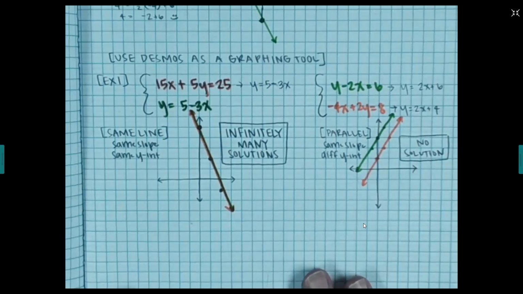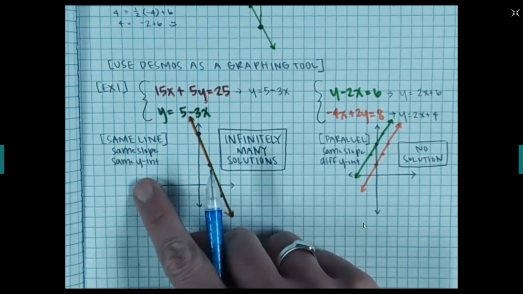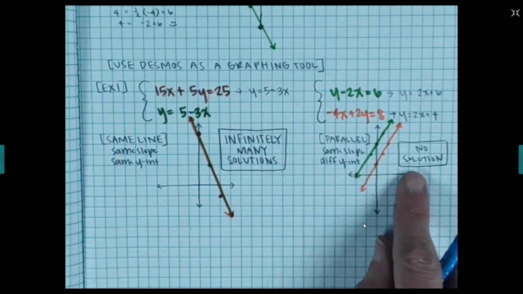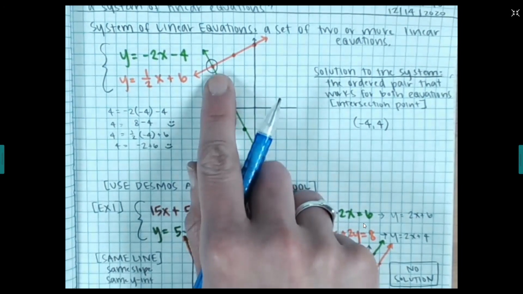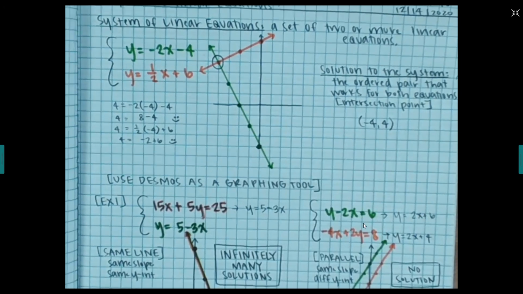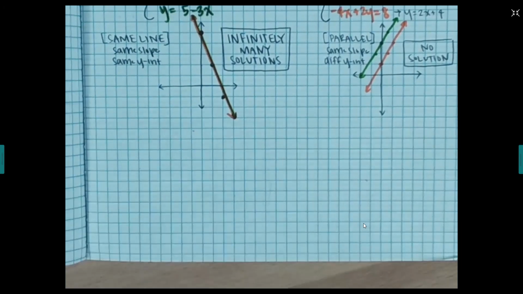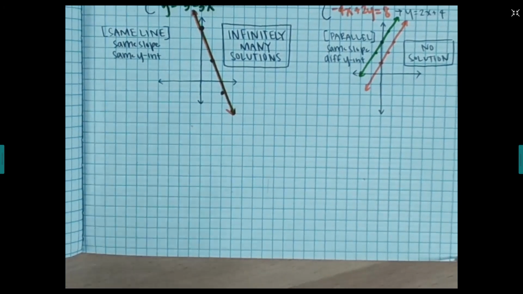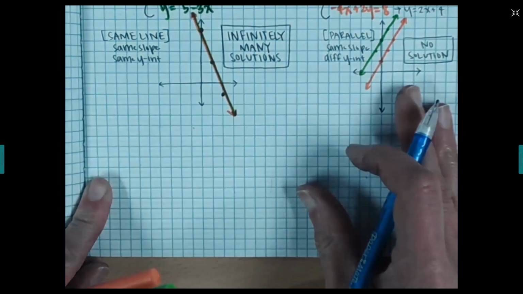Okay, so you're looking at the two lines to determine: do they always intersect because they're the exact same line and have infinitely many solutions? Are they parallel and never intersect, so they actually have no solutions? Or do they intersect each other, and the solution is that one ordered pair where those two lines intersect? And then you will also have story problems where you have to write your own equations. And then again, using graphing, you can